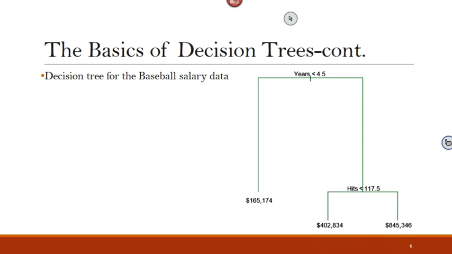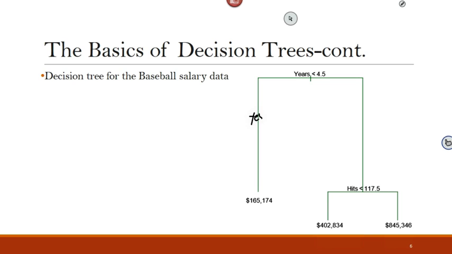So the first question was years less than 4.5, and if it's yes, now usually in tree-based methods, the left is the answer yes, and the right side is no. That's the convention for using or reading trees.